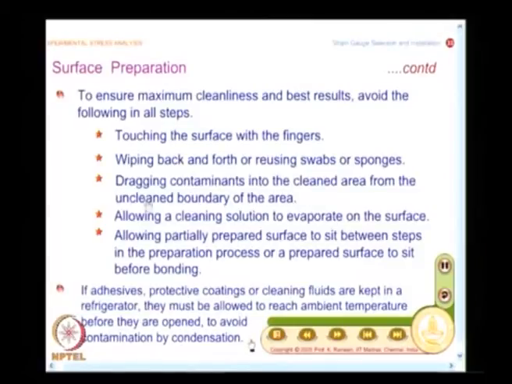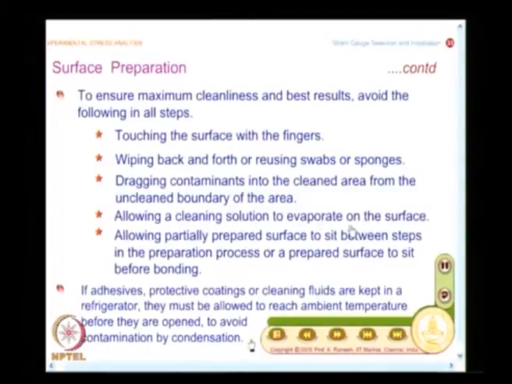Another aspect is you should not drag the contaminants into the cleaned area from the uncleaned boundary of the area. So, this you will have to take care of as you do each one of the steps. And when you look at conditioner or neutralizer, they are all liquids, and these liquids should not be allowed to evaporate on the surface.